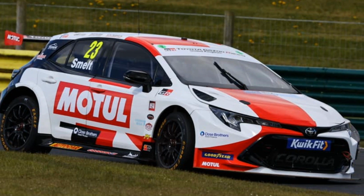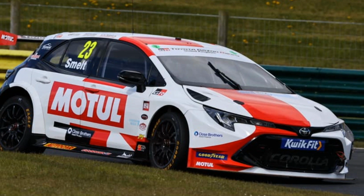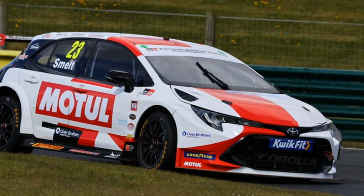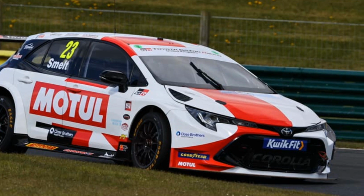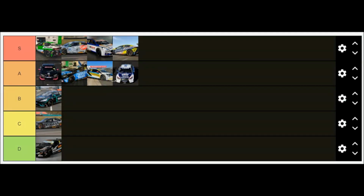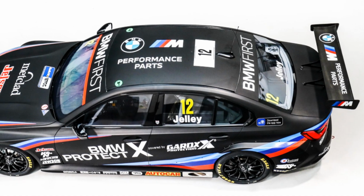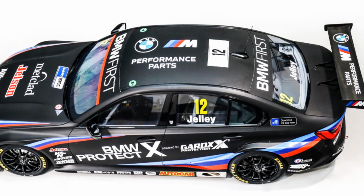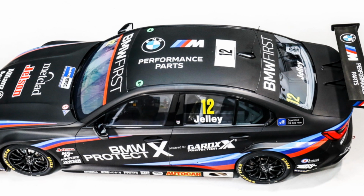So yeah, even though the Corolla hasn't been that good in recent years, I hope we do see a lot of it, because the livery at least will stand out against all the other teams. So yep, I see no reason for Speedworks not to go in S tier. How fitting. And the penultimate car on this list, Team BMW, repeating their black for Black Lives Matter,